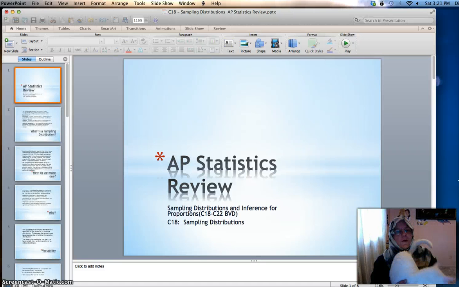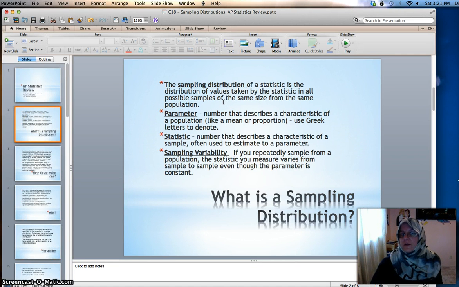Okay, this is a sampling distribution. The sampling distribution of a statistic is the graph or the distribution of values taken on by the statistic in all possible samples of the same size from the same population. So for example, if our statistic is the proportion of successes, then every possible sample you could take from the population, every possible proportion that could come out of those samples would be graphed in the sampling